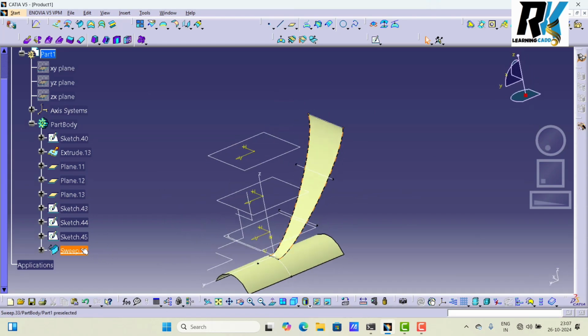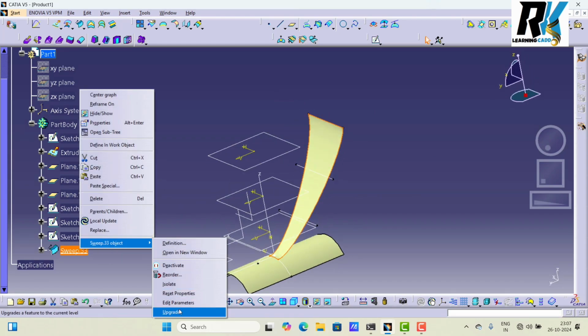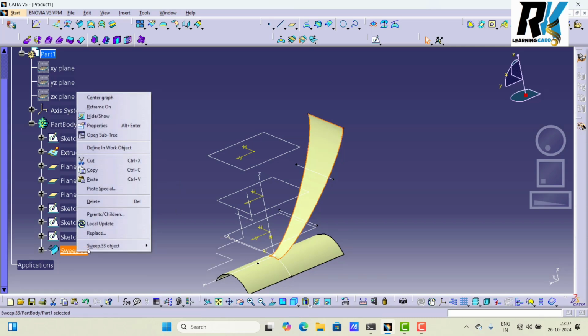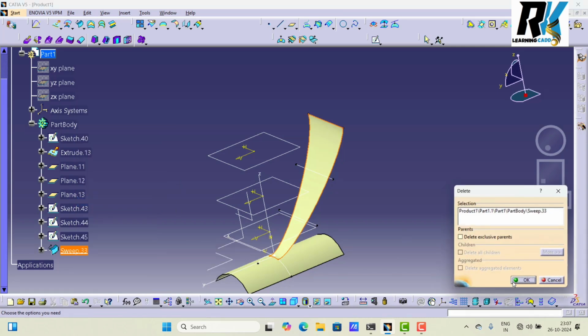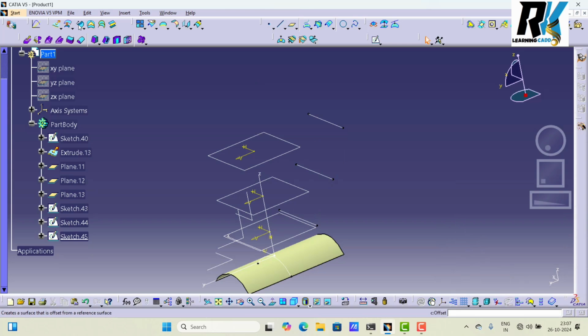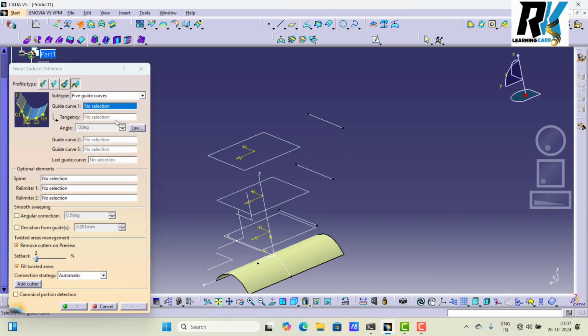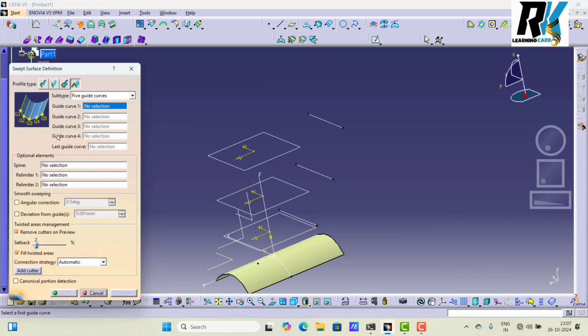Now next option. So this one I delete. Now the next option has 5 guide curves. Okay, so here we don't need any surface. Guide curve 1, guide curve 2, guide curve 3, guide curve 4.